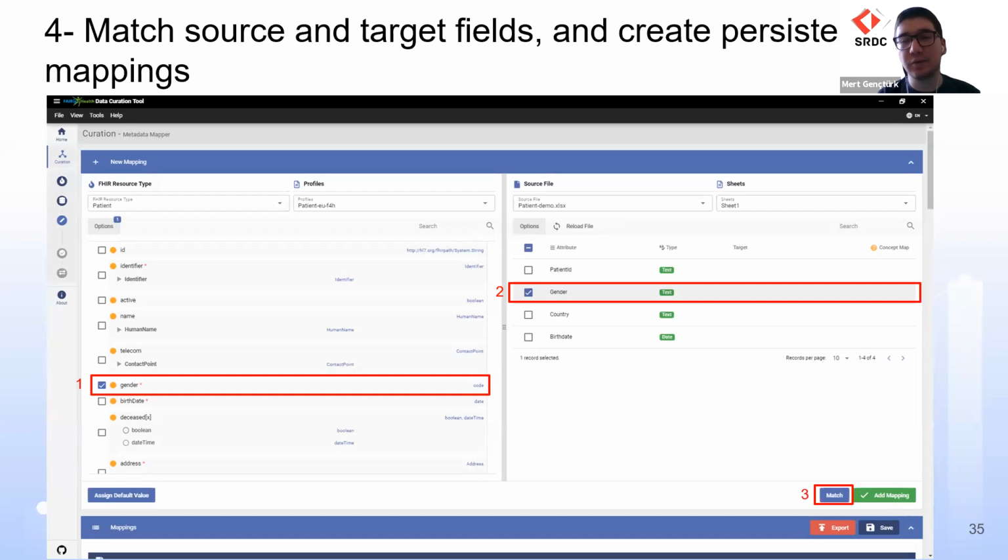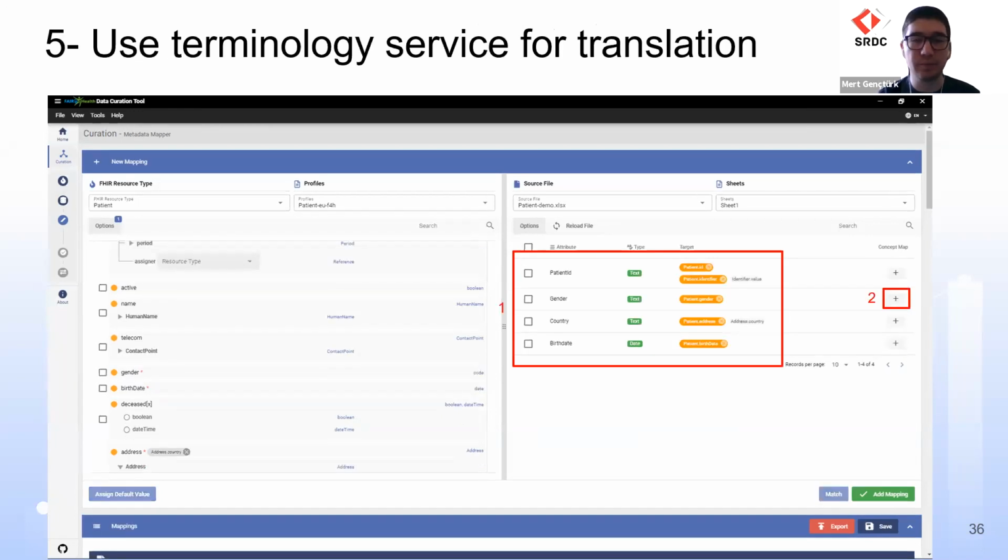This is the right bottom part of the screen marked as 3. And then I match the resource. And I will do all of this for all the required fields in the profile, for example, the patient ID, the birth date, the country, or more. So in this screen, you see that, okay, I mapped all my information.